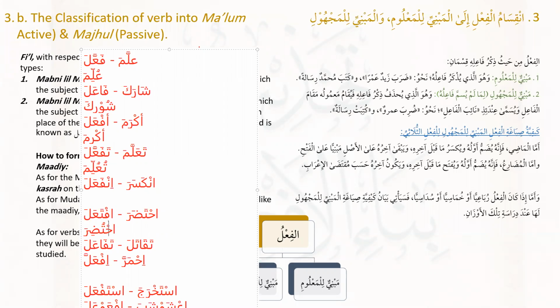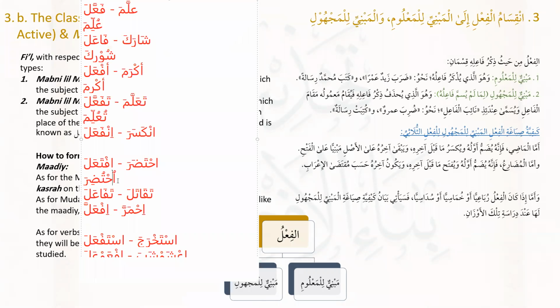Now looking at this, what haraka will the alif have? It's hamzatul wasl. So what haraka will it have? You have to look at the second letter after hamzatul wasl in order to determine its haraka. So what? Dhamma. Uhtudira. Uhtudira Zaydun, meaning Zayd is about to die. يعني حضره الموت. احتضر, حضره الموت أو احتضره الموت. يعني death has arrived to him. So احتضر زيد, that he is about to die. طيب ممتاز جدا so far.